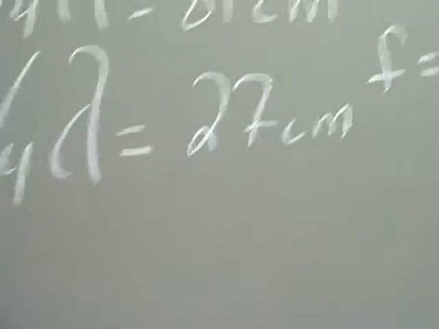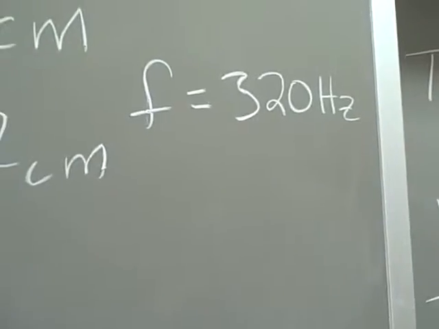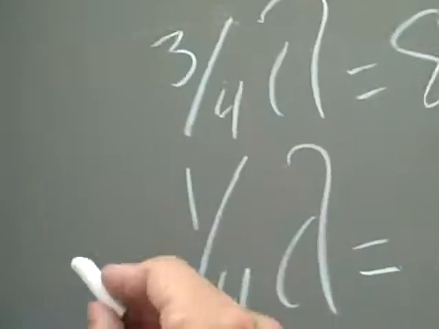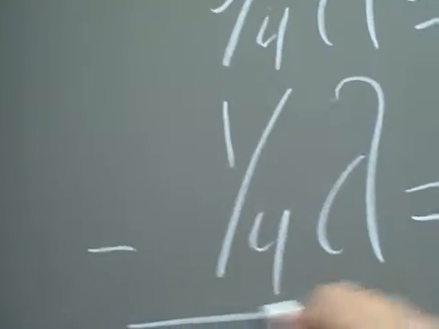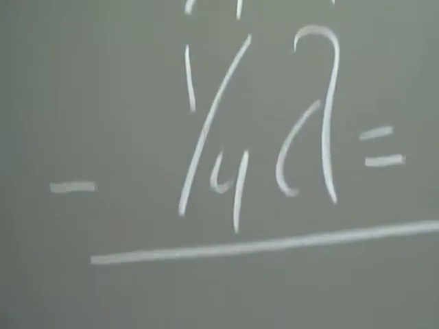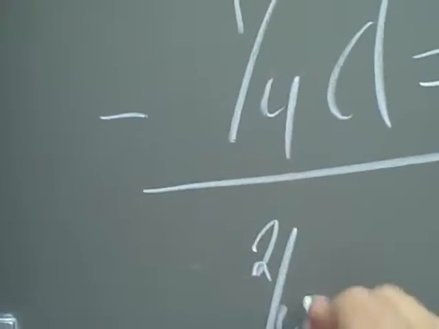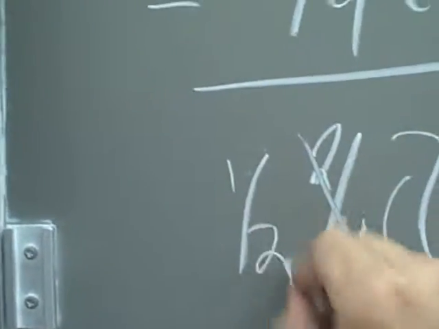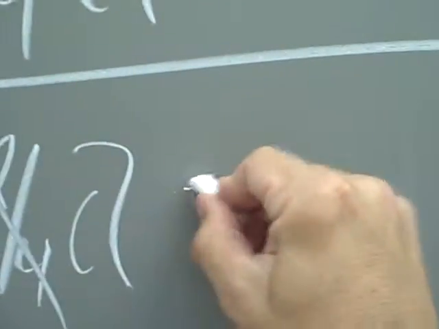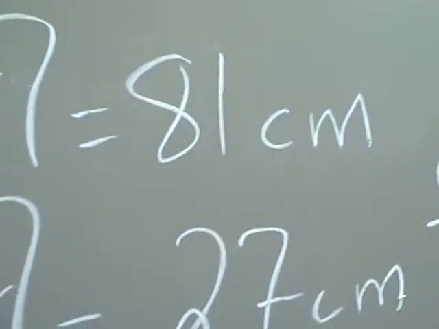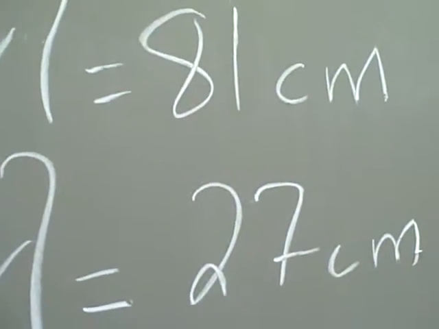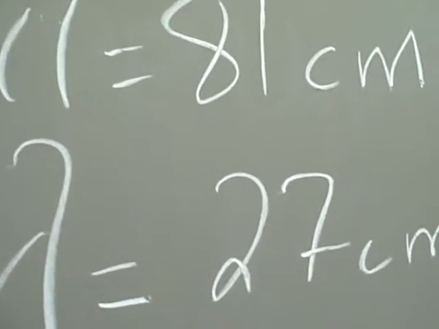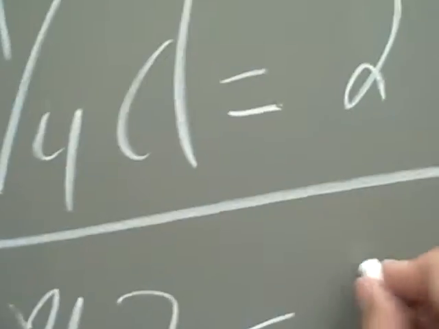That frequency was printed on the tuning fork. So if I subtract 3/4 of a wavelength and 1/4 of a wavelength, that's 2/4 of a wavelength, or half of a wavelength, 2/4 reduced to a half. If I subtract 81 and 27 centimeters, I'm going to get 54